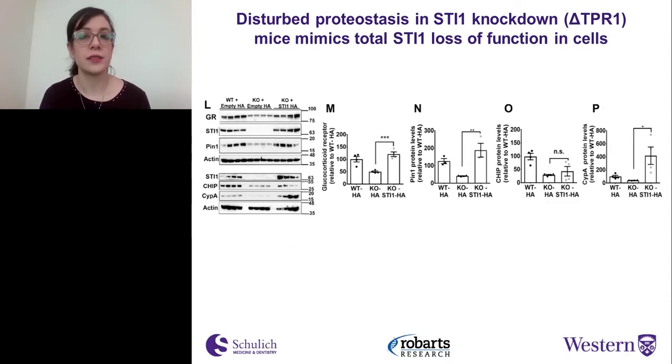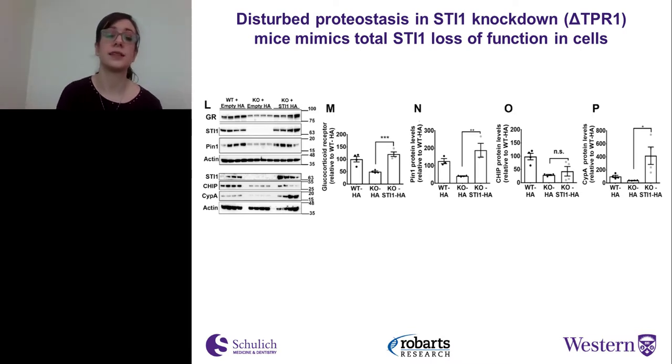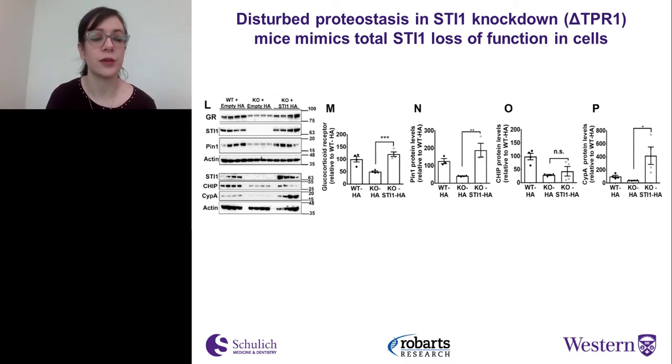So we wanted to determine if the findings of disturbed Hsp90 accessory proteins or client proteins were due to deletion of the TPR1 domain, or if it was due to reduced levels of STI1. So using the CRISPR-Cas9 technique, we developed an STI1 knockout neuronal cell line using SN56 cells, and we looked at the same Hsp90 accessory proteins and client proteins, and essentially we see the same findings,